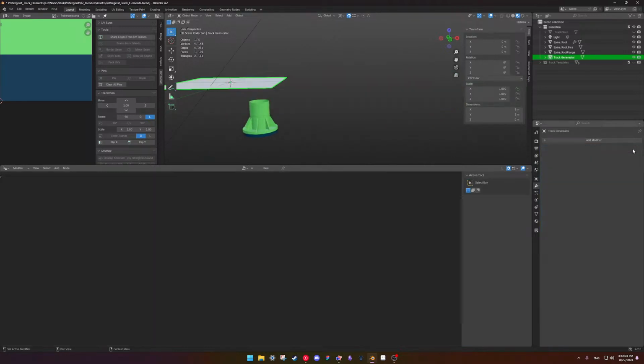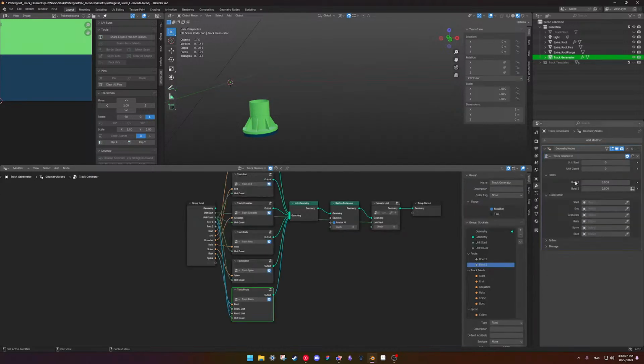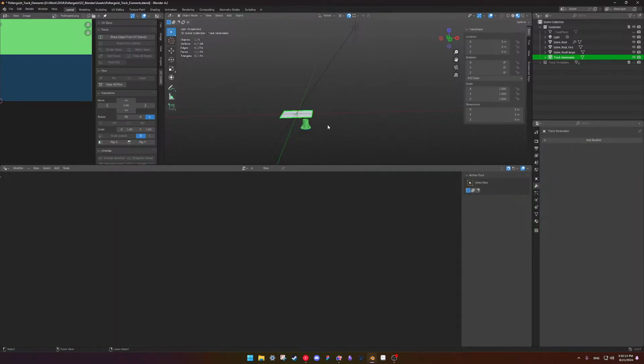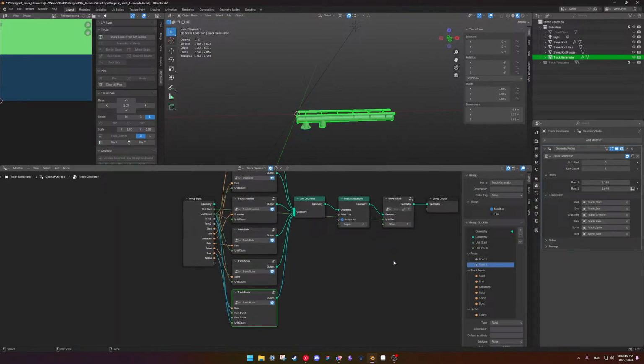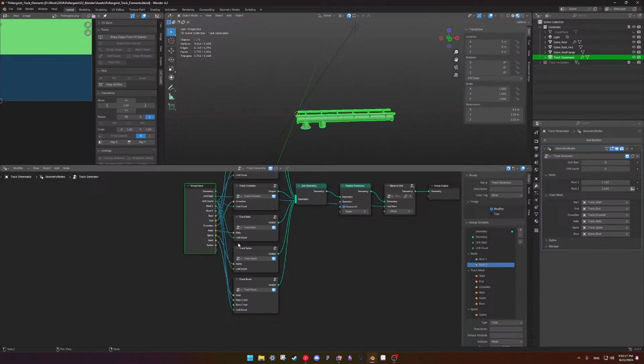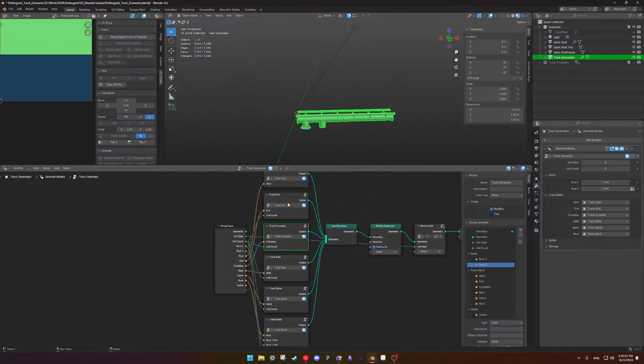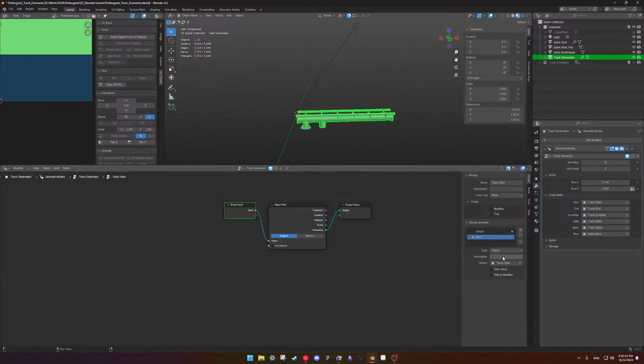Let's get rid of this and then put track generator back on. Okay.